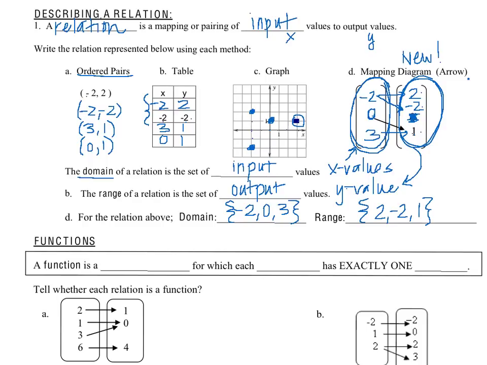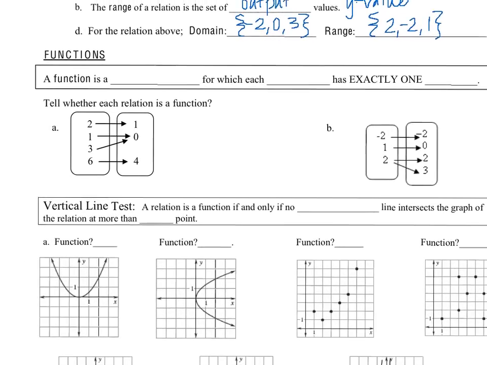And so we're asking you to be able to do these 4 methods: ordered pairs, table, graph, and mapping diagram. The mapping diagram I am going to ask that you do on a quiz or a test so that I can see as you're looking what those arrows represent and do you know the correlation between the x and the y. Okay? Now, I'm going to move this up and we're going to look at our second